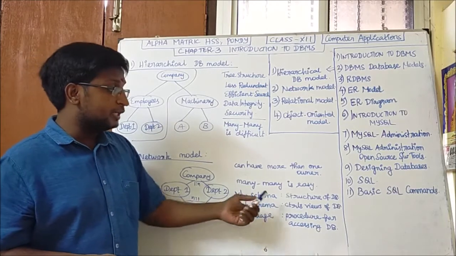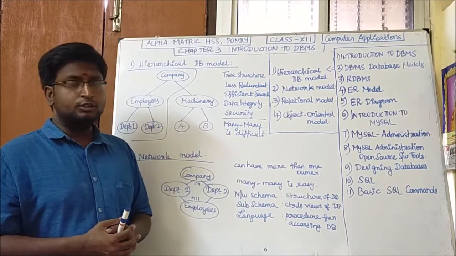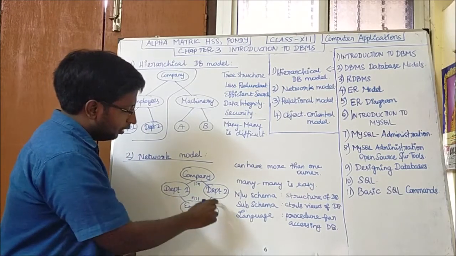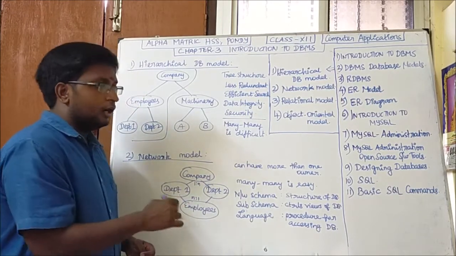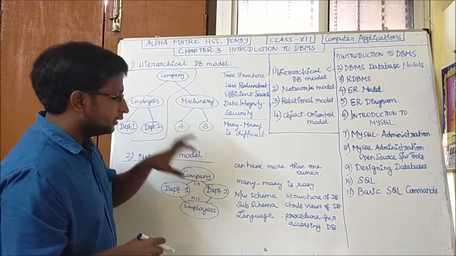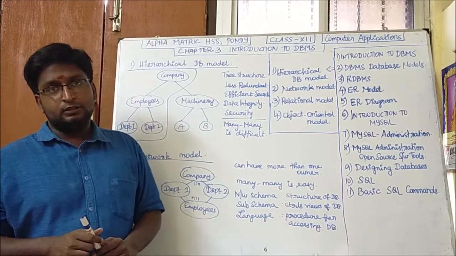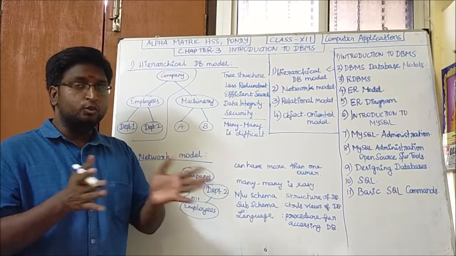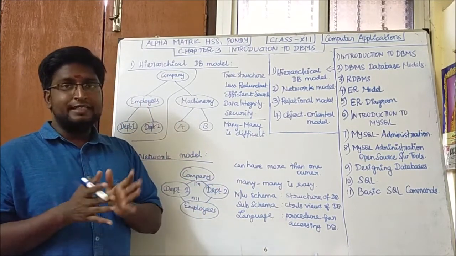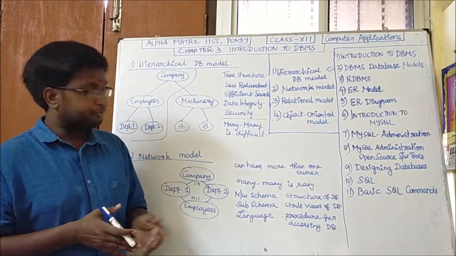The next one is the subschema. Subschema is nothing but control of the views of the database. Say for example, not everyone can view the management details. Only the company top management needs the views to see the top management details. Like that, they will separate the views to access the database for better security, for high security.